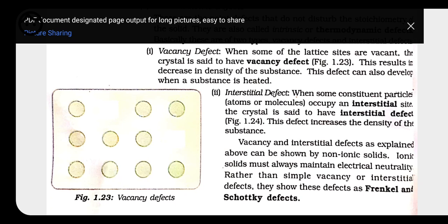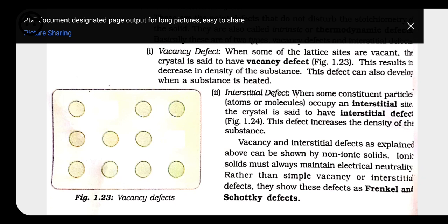One more thing that you have to know about the vacancy defect is that this defect is found in non-ionic type of compounds. They are not ionic. Because of that, positive or negative signs are not given here. Second thing, because here we have a lack of 2 atoms, we expect 12 atoms should be present in that crystal, but here we have only 10 atoms. Because of the smaller number of atoms in this crystal, there is a decrease in the density of the substance, isn't it?